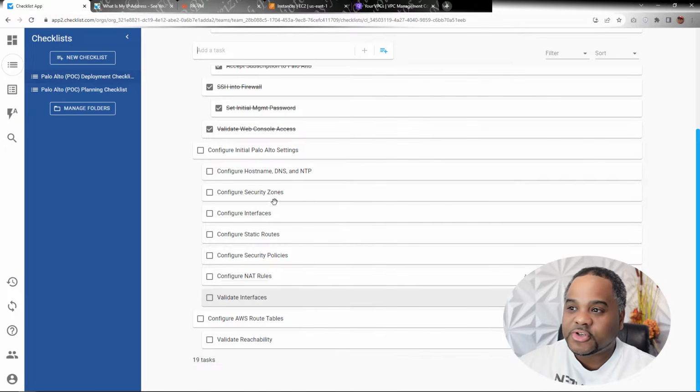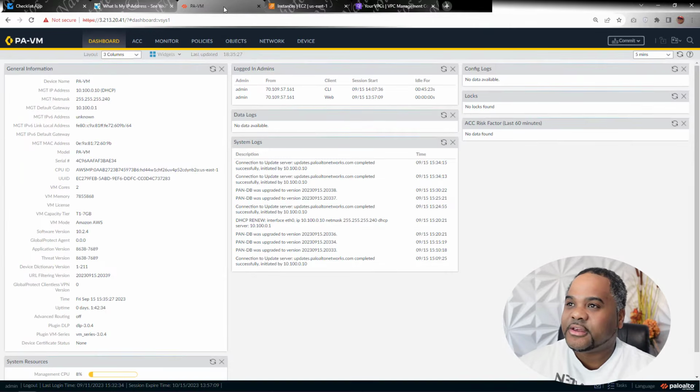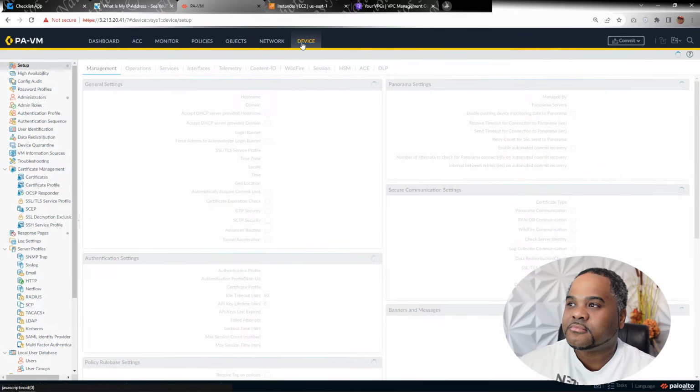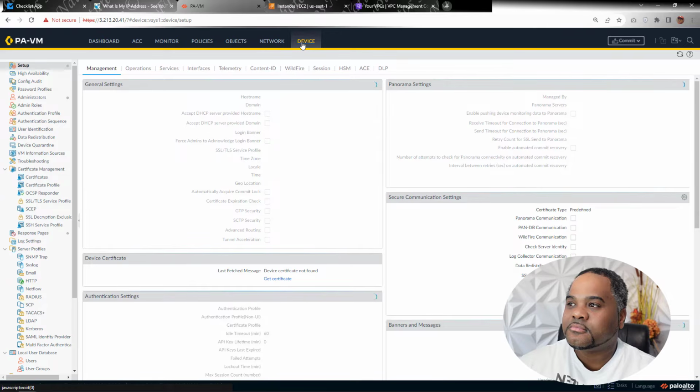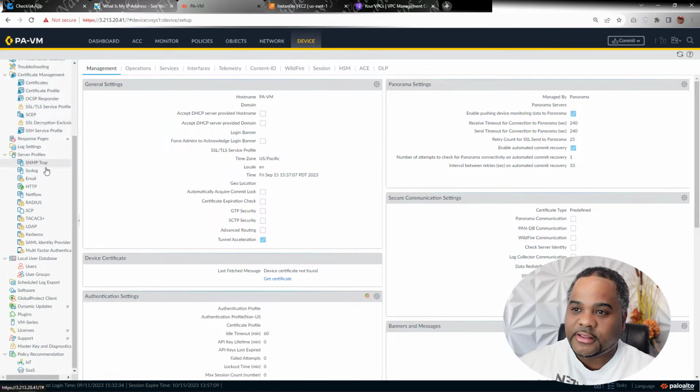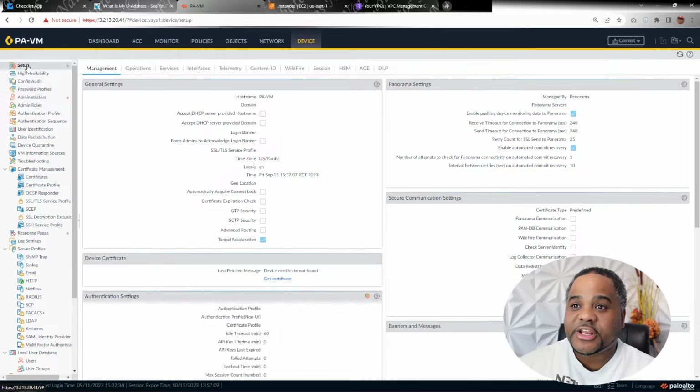So let's start with configuring the host name, DNS settings, and NTP. Got the virtual machine spun up. So let's click the Device tab. This tab hosts most of the settings for the firewall itself. Here on the left hand side, this pane has a lot of the various features, and we're going to run through it the rest of this mini series, but we're going to stay here in the highlighted Setup, and then